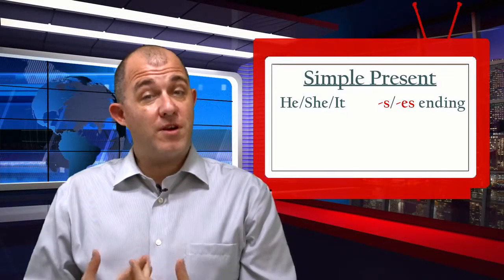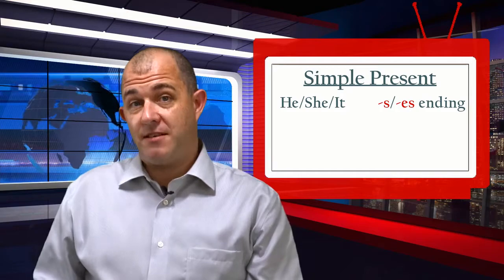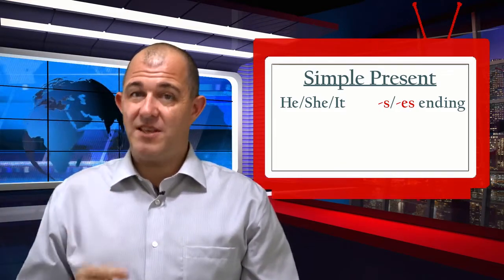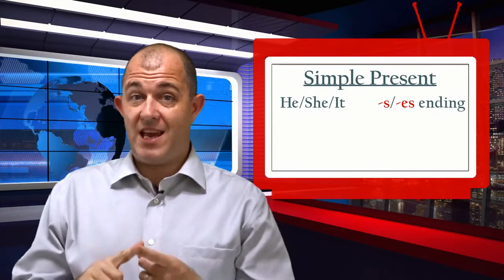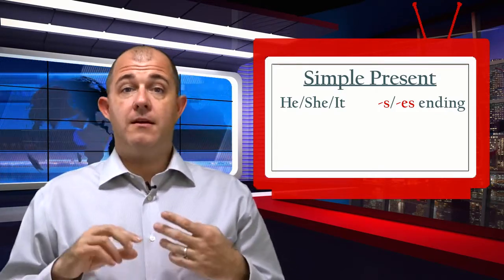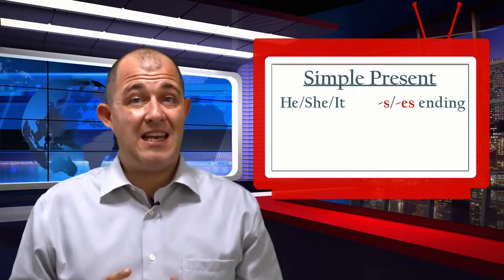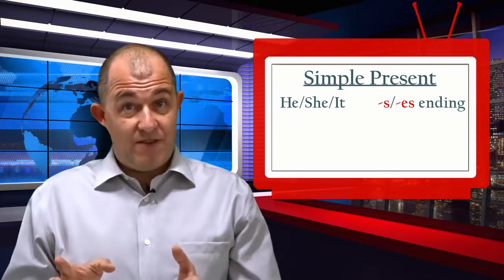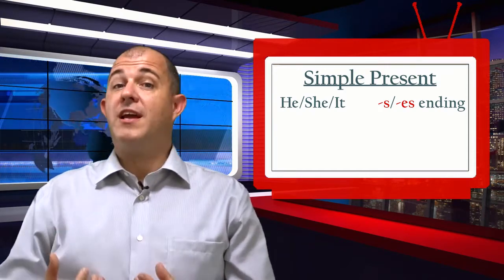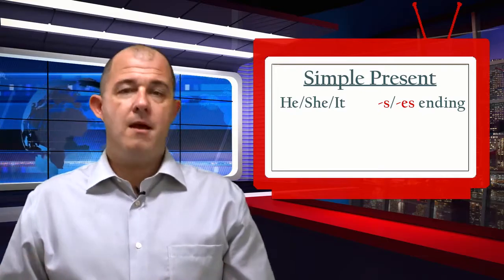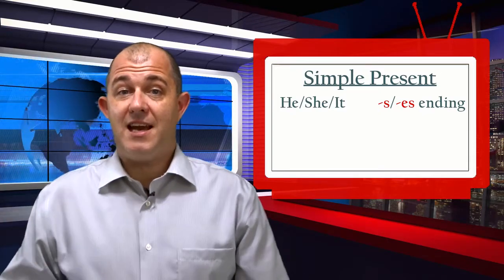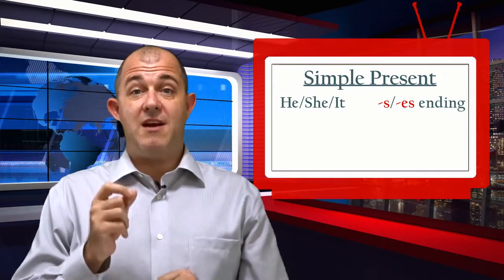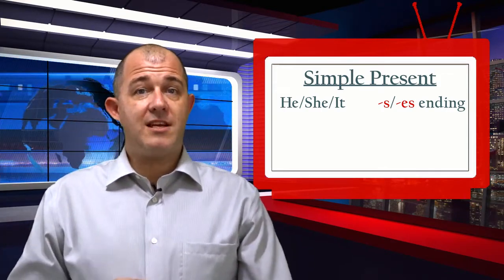When thinking about pronunciation in the simple present, the most important thing to remember is that S sound at the end of the verb for he, she, and it. This is something that many people make mistakes with. Many people throughout the world, even native English speakers, forget this S all the time. But to speak correctly and to sound like you truly know how to speak English, you need to pronounce this S. So let's look at some examples.